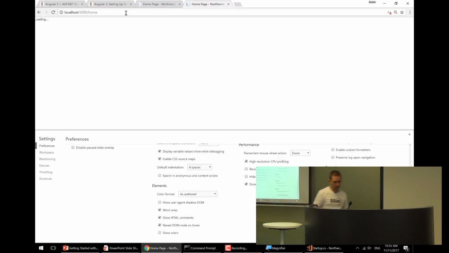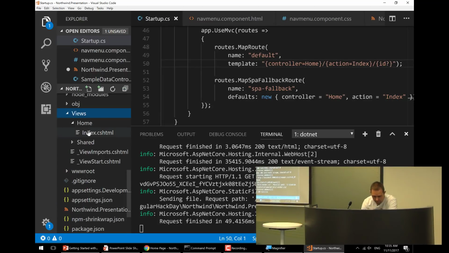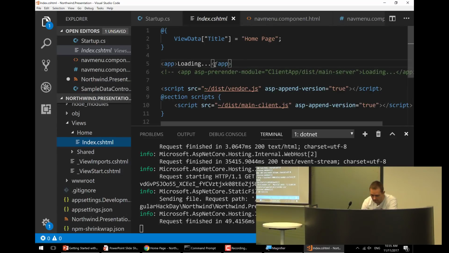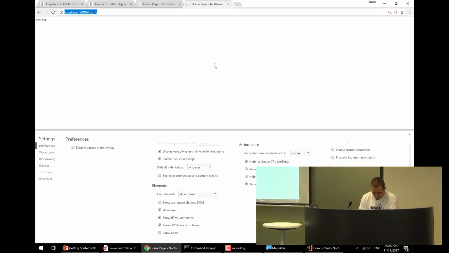But if I quickly turn on server-side pre-rendering, which is really simple to do, we just go to our MVC index view, and you can see that I've got this tag helper, asp-prerender-module, and that enables server-side pre-rendering. Now if I make that request again,